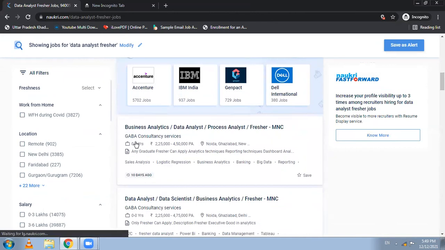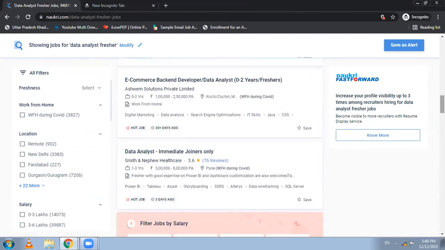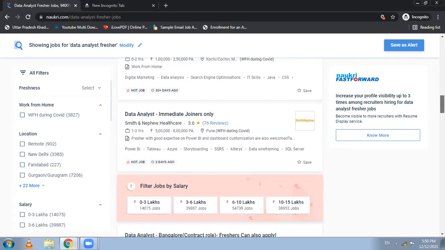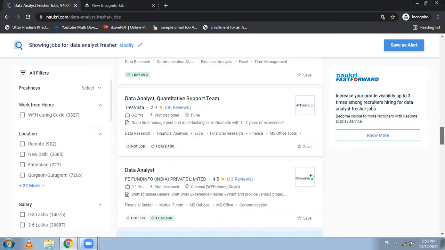Consultancy. You should try to avoid consultancy services jobs. You should try to avoid applying for the consultant jobs, because sometimes what happens, they may ask you for some amount. They can ask you for some charges to get you into the job. So do not get into those kinds of traps. Try to keep yourself a little smart, so that you do not get into any trap of someone.